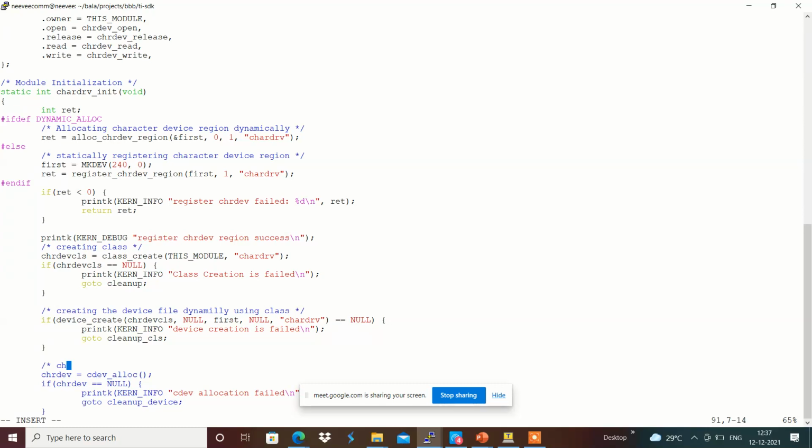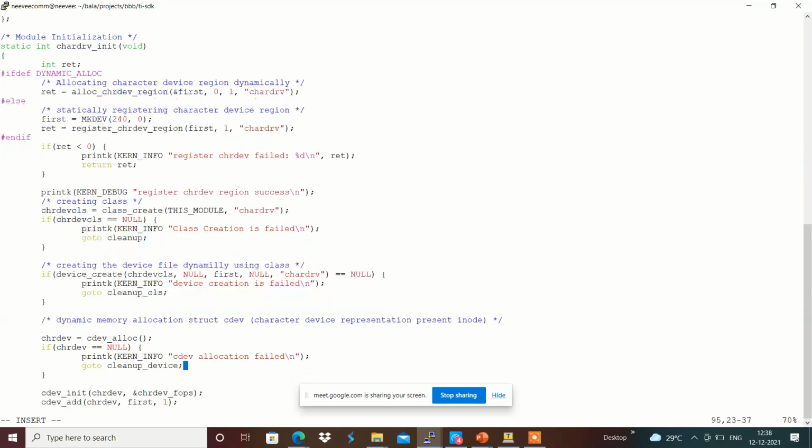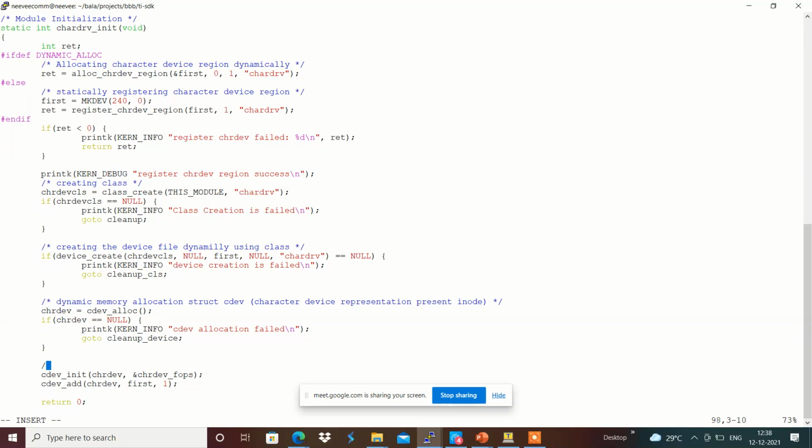for the character device cdev structure allocation is happening. Dynamic memory allocation for the cdev structure is happening over here. Structure cdev is basically a character device structure, the character device representation which is present in the inode structure accordingly over here. And once we got it allocated, we are linking this